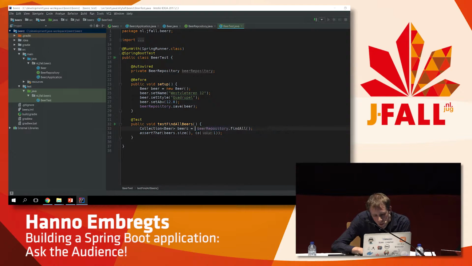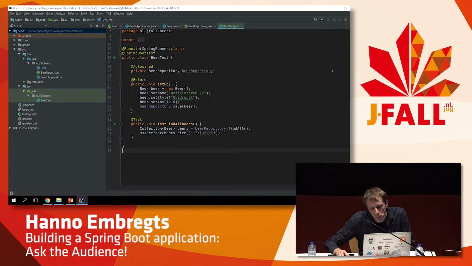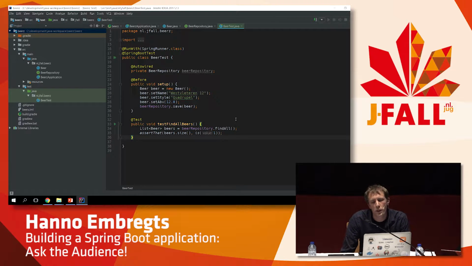This is also a bit strange. I guess I just get a list from findAll. Let's see. Yeah, I get a list, so no need for this collection type. So let's have a list of beers right here. Some imports. There you go. So the test is very simple. I just set up the test by saving one beer in the beer repository, and after this is executed, I just assert that there is one beer in the database. So this could take a while, so I will start this test, and in the meantime we will venture forth to the next Kahoot session,